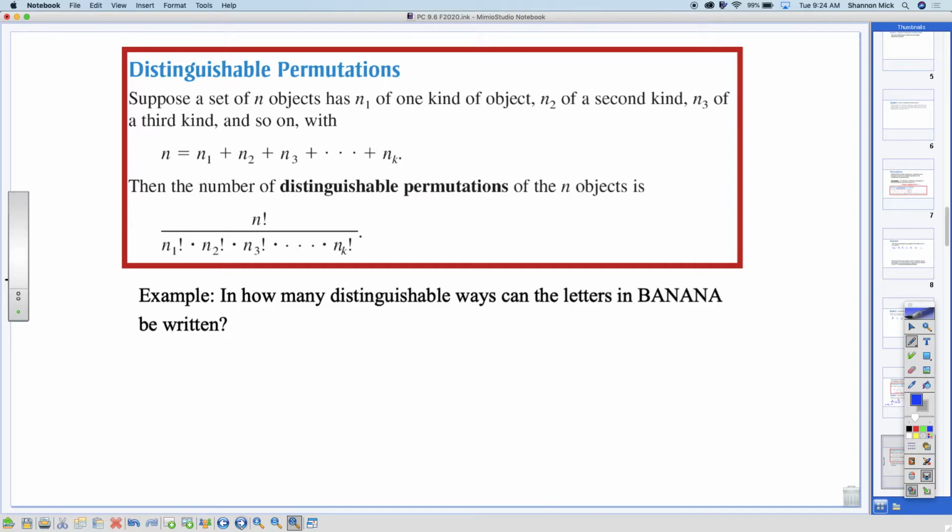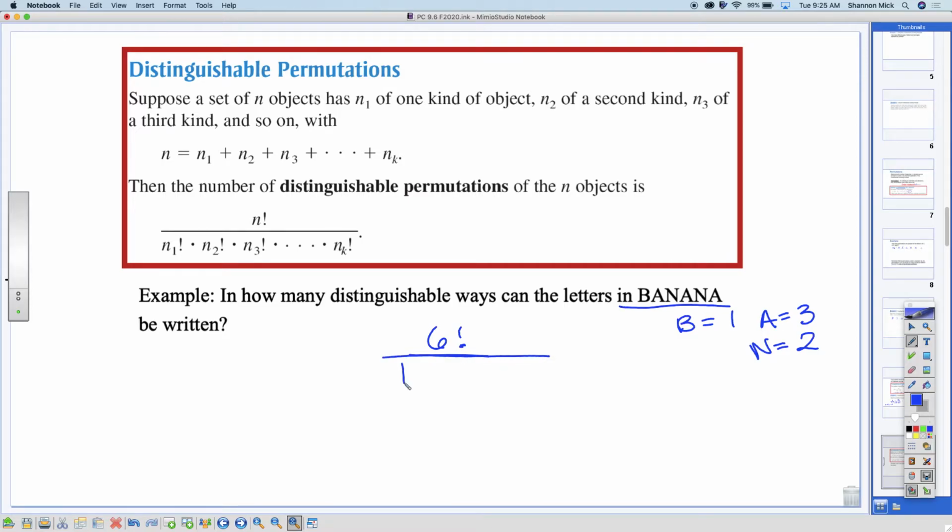So, how many distinguishable ways can you order the letters in banana? How many letters in banana do I have? How many letters total? 6. So 6 factorial. How many B's do I have? 1. How many A's do I have? 3. How many N's do I have? 2. So underneath here,